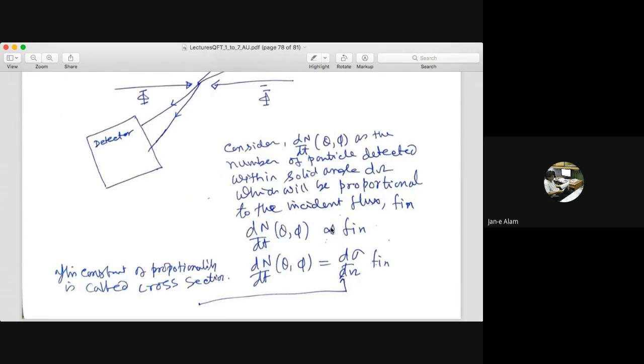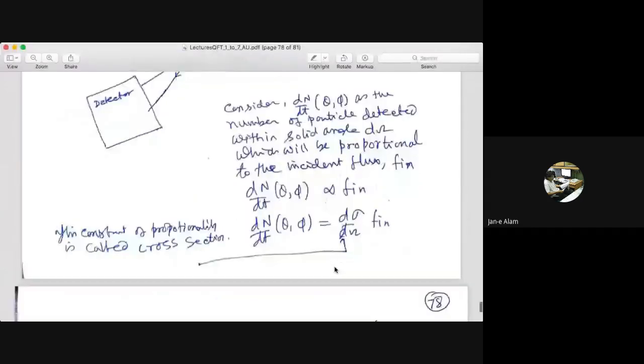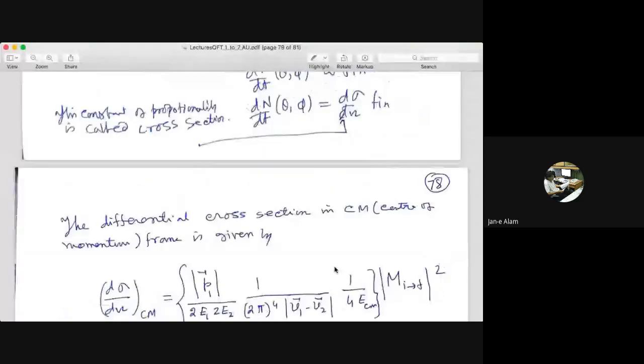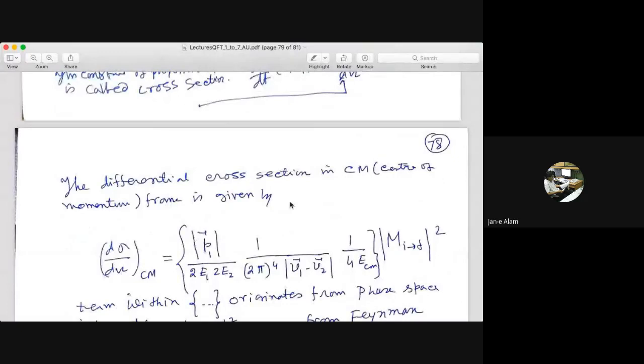So it is a very simple definition: two particles are interacting, and because of the interactions, some particles are produced. They are getting detected in the detector. Now you count the number of particles detected per unit time, and that must be proportional to the incident flux, right? And then the constant of proportionality is nothing but the cross section, d sigma d omega, and that is all you will be able to calculate by this. This cross section formula I'll derive tomorrow. The derivation is a little mathematical. Please don't get bored because this is very important.